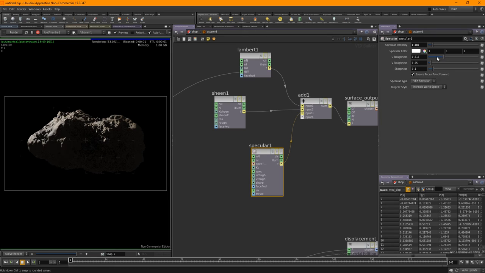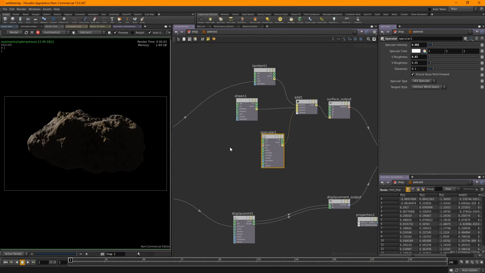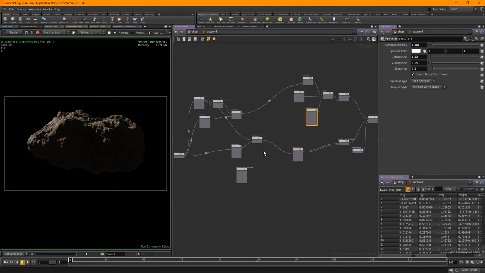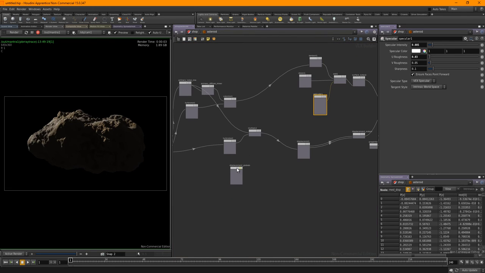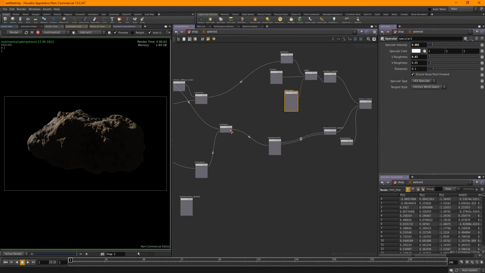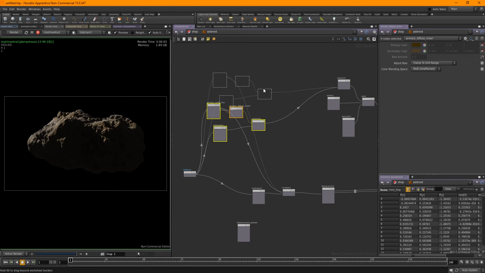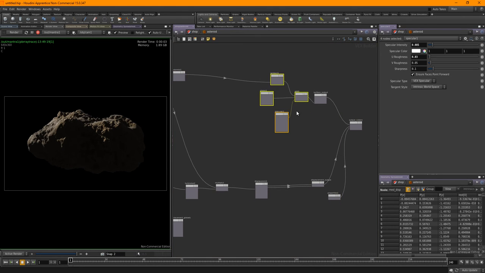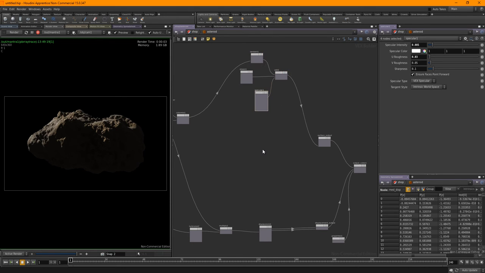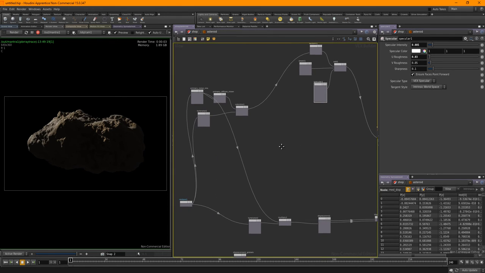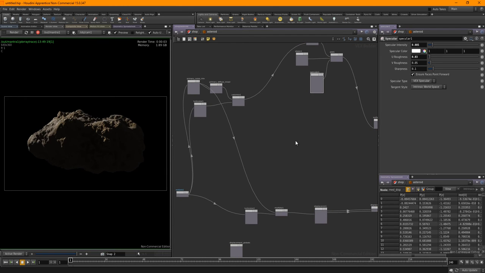That's going to go a bit too bright. Let's lower it down a little bit, just to give it a little bit of something else. So that's looking alright for the time being. Obviously this is our shader, our displacement part of the network. That's our diffuse colour part of the network, and this is obviously the lighting part of the network. I'm going to put some reflections in, see how that fares.